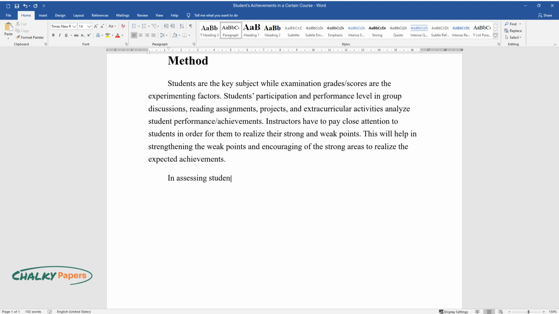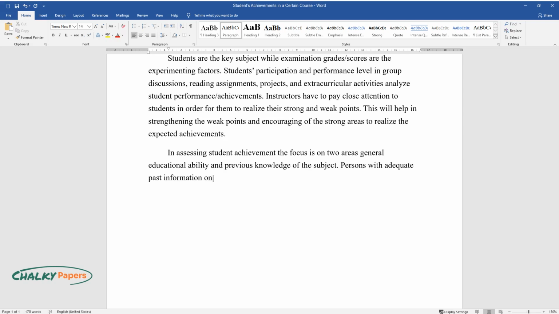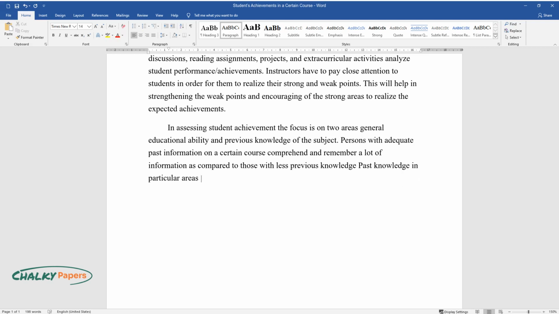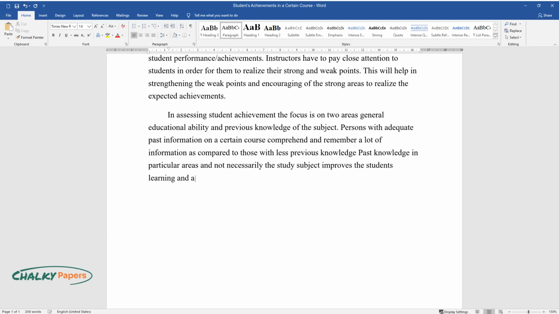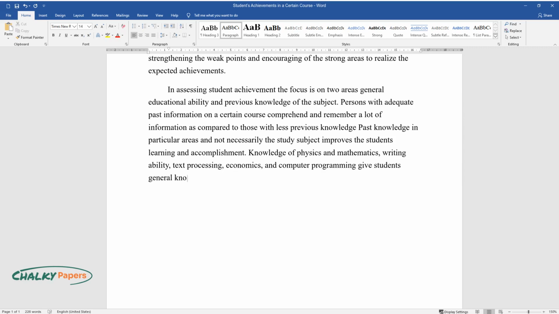In assessing student achievement, the focus is on two areas: general educational ability and previous knowledge of the subject. Persons with adequate past information on a certain course comprehend and remember a lot of information as compared to those with less previous knowledge. Past knowledge in particular areas and not necessarily the study subject improves the student's learning and accomplishment. Knowledge of physics and mathematics, writing ability, text processing, economics, and computer programming gives students general knowledge to tackle